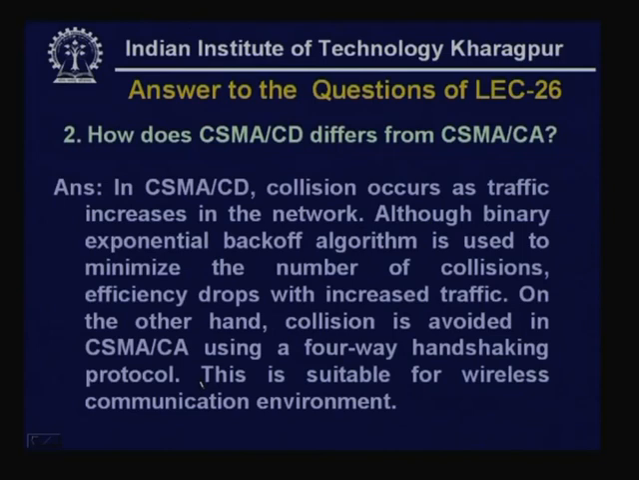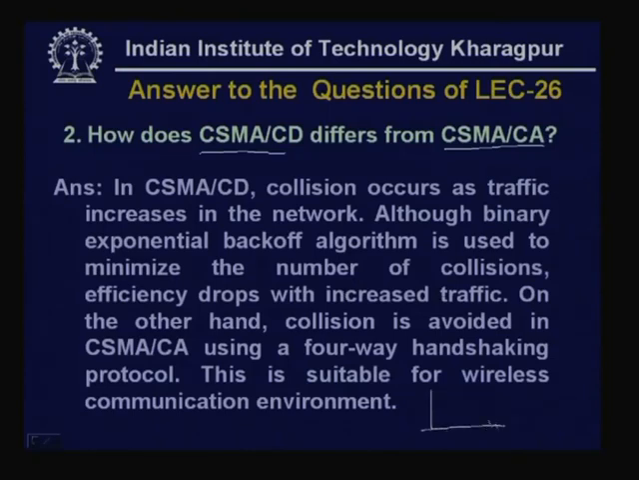The second question was, how does CSMA/CD differ from CSMA/CA? In CSMA/CD, collision occurs as traffic increases in the network. Although the binary exponential backoff algorithm is used to minimize the number of collisions, efficiency drops with increased traffic. We have seen that in CSMA/CD, whenever collisions occur, by using that binary exponential backoff, the average backoff time is doubled. So, that minimizes the number of collisions, but in spite of that, as the traffic load increases, the throughput decreases,